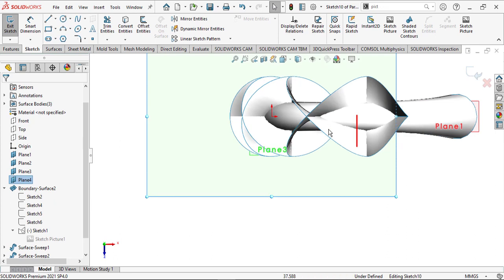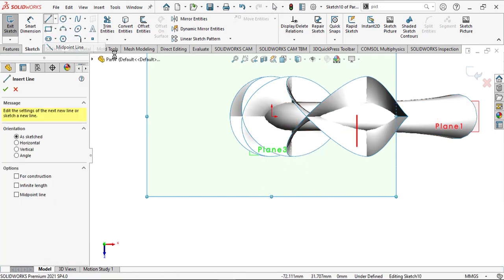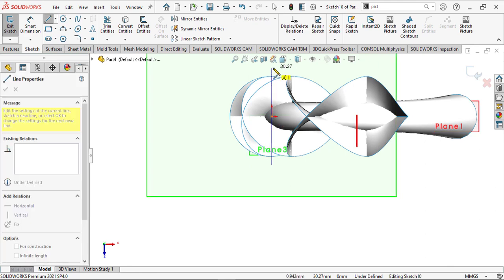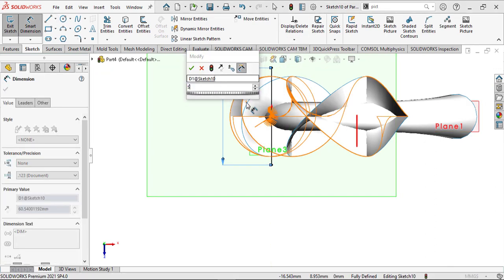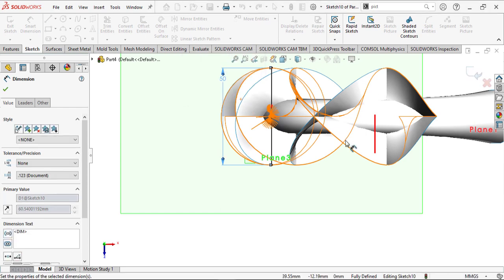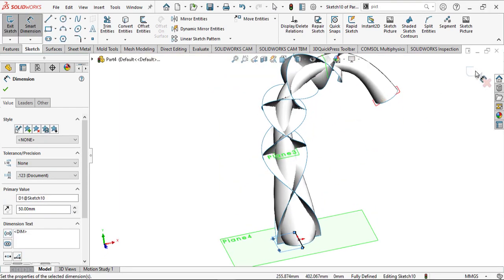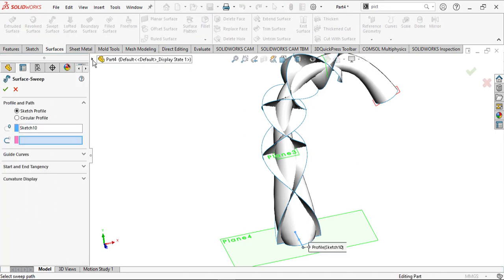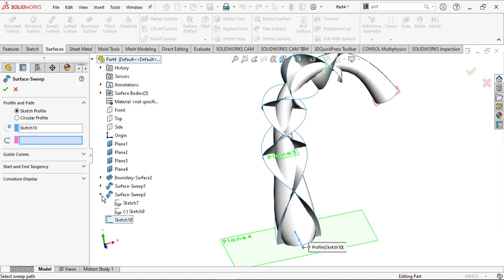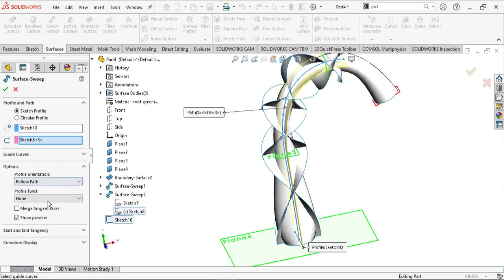Okay, let's make another midpoint line with the same dimension as we assumed, 50, like this. Okay, I will use the same path. No, you don't need to create your path again. Just go to swept this profile from here, our tree manager, select the previous path, options,